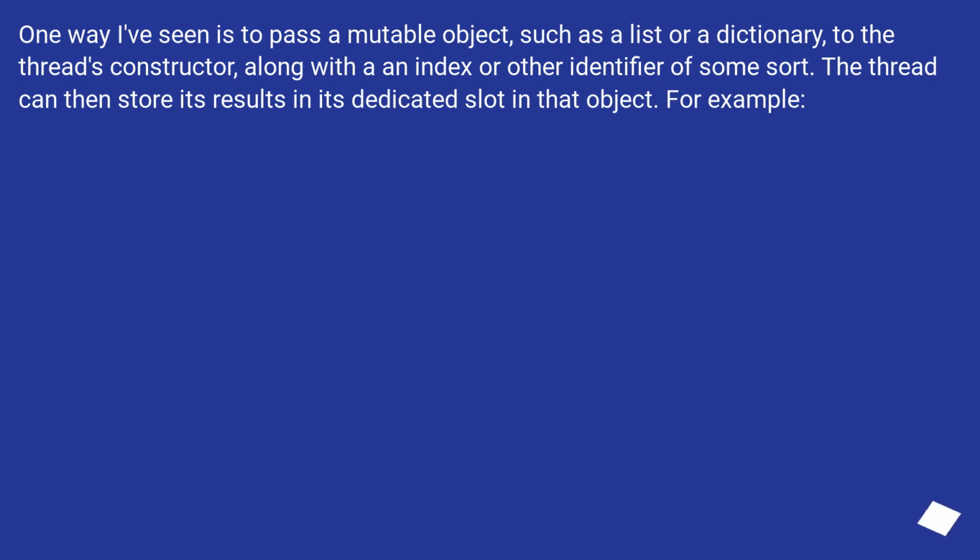One way I've seen is to pass a mutable object, such as a list or a dictionary, to the thread's constructor, along with an index or other identifier of some sort. The thread can then store its results in its dedicated slot in that object. For example,